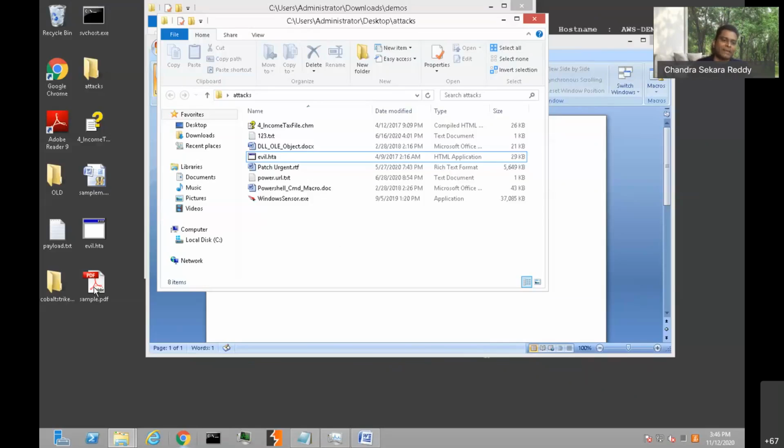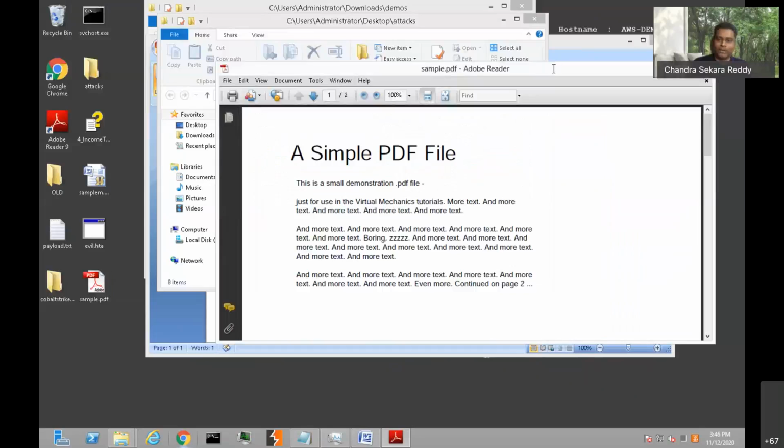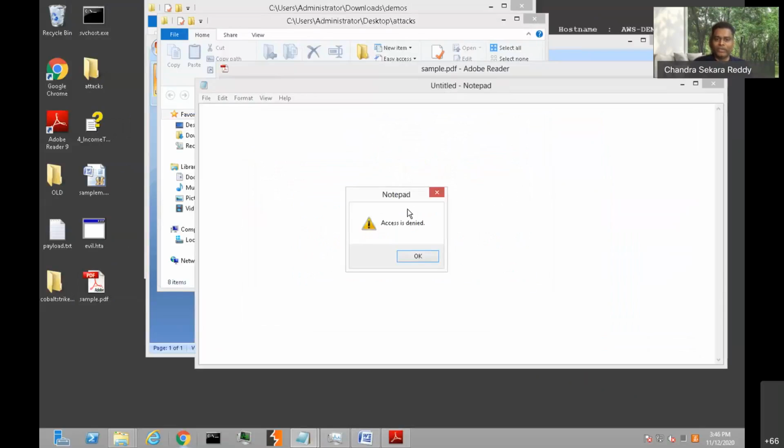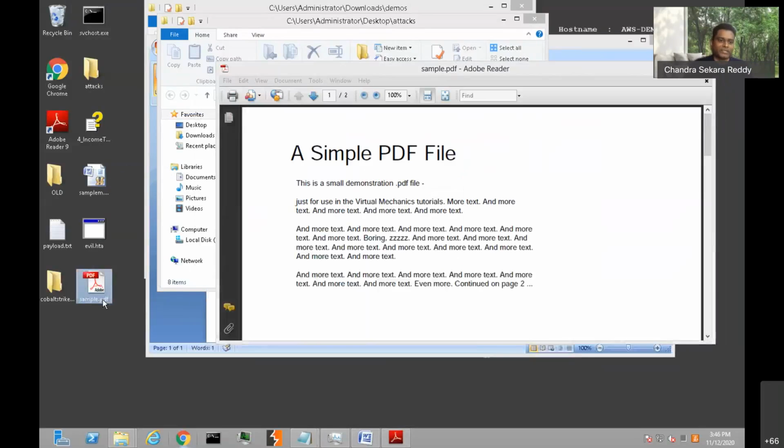If I click on the sample.pdf, you can see Acrobat Reader has been opened and it is reading this specific PDF document. But you'll be surprised, if I try to open the same file with Notepad, it won't allow. Because we kept a policy that .pdf files should only be opened by Acrobat Reader. Just for demonstration purposes, this is extension based, so let us say if I put this PDF one,